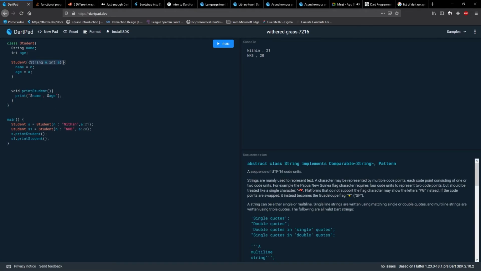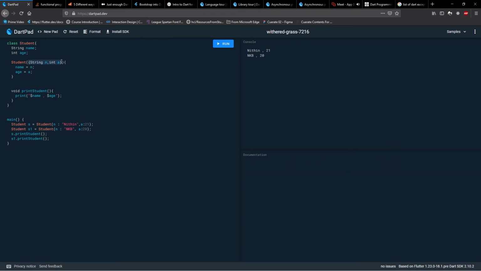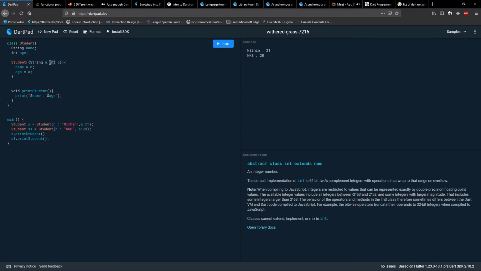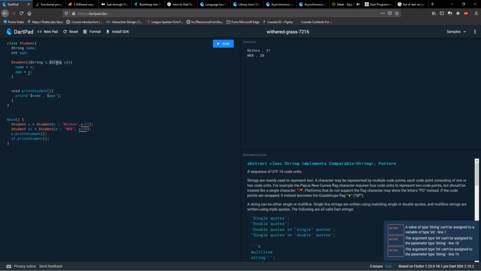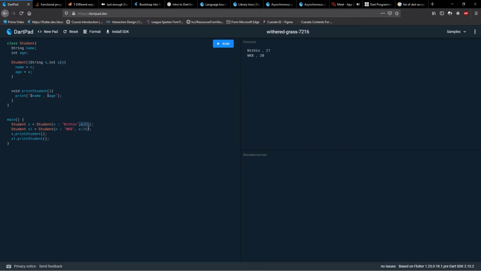Now, it was the same concept, right? You remember that we passed curly brackets as optional named arguments to functions. That's the same thing we are doing with constructors here as well. For example, if you have several string variables like this, to be sure which one you're assigning to, that's where you use named parameters. Now as I told before, you can also omit these things. If I do omit these, what will be the output?